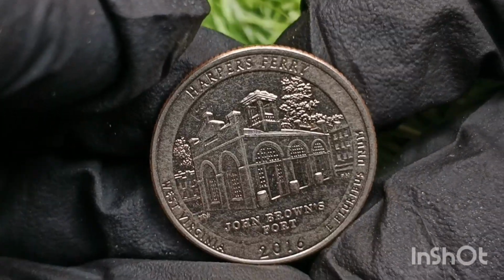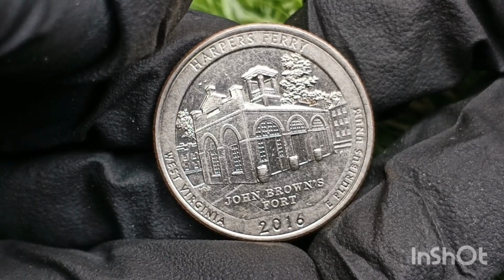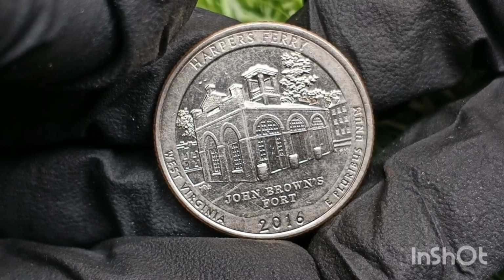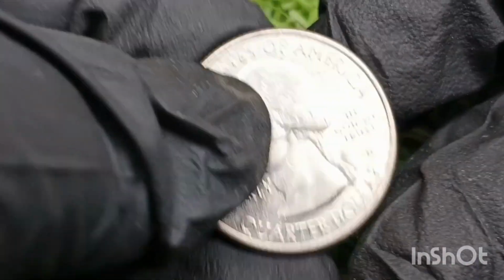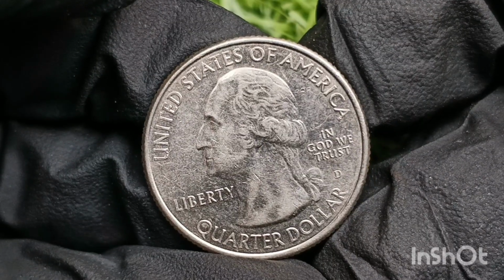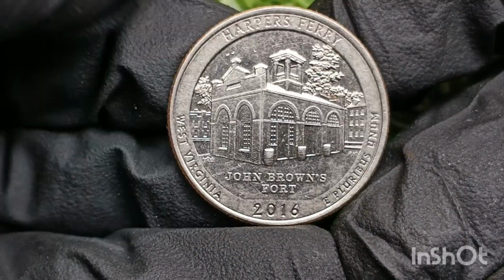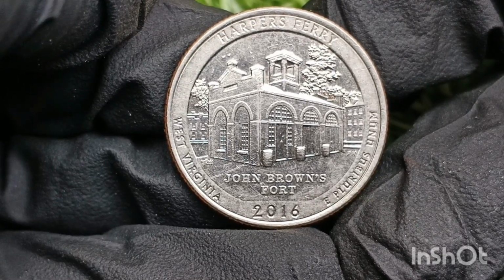Each 2016 quarter was struck at multiple U.S. Mint facilities: Philadelphia, P, Denver, D, and San Francisco, S. While P and D coins entered general circulation, the S Mint coins were typically sold in collector's sets. 300 million per design, Denver, D. 300 million per design, San Francisco, S. Limited mintage for collectors, 1 million per design. In total, over 1.5 billion quarters were produced in 2016, ensuring that these coins would be widely encountered in pocket change across